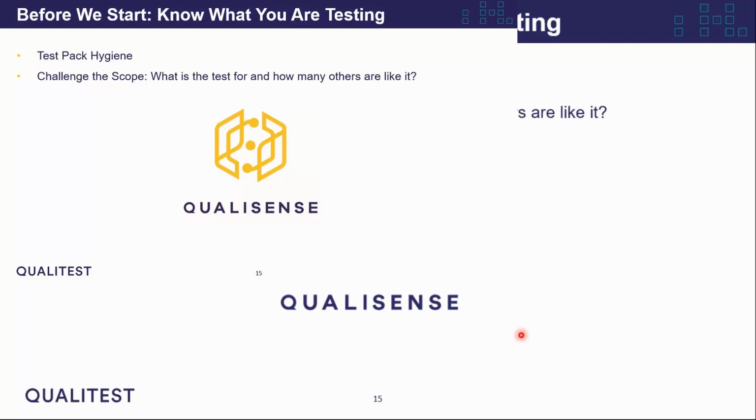The first of them is, what do our test packs actually do? Where do we focus our testing? What are we covering? And the second of them is, what order do we need to test in? And I'm going to talk you through how AI helps us with both of these things.